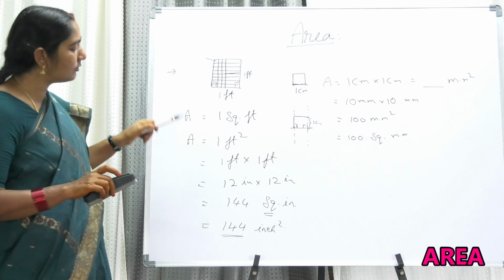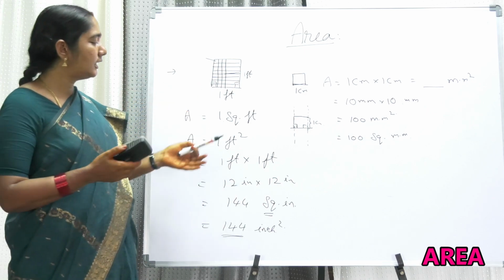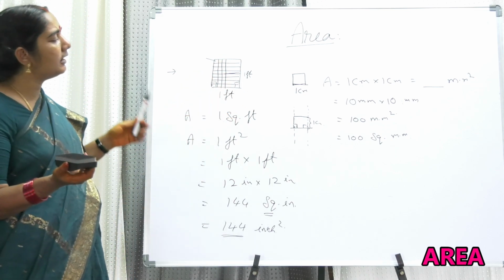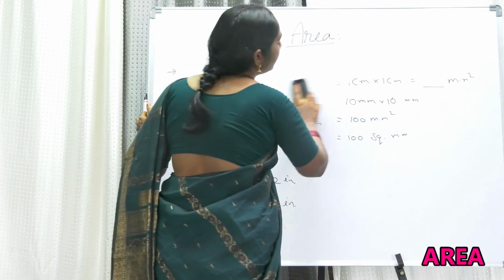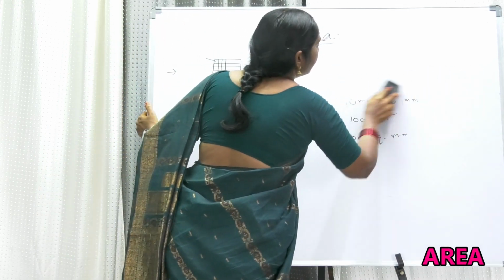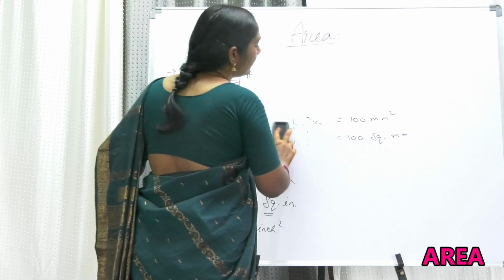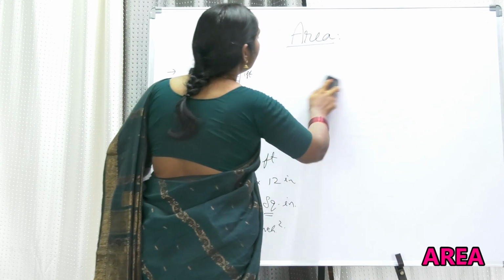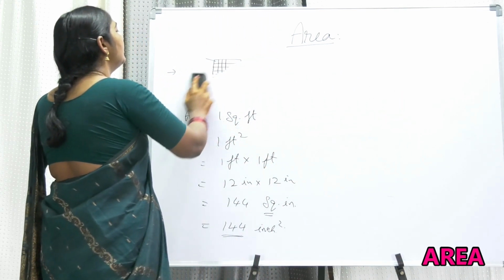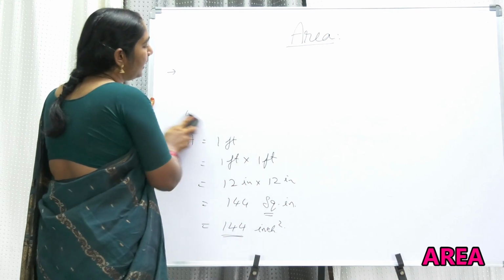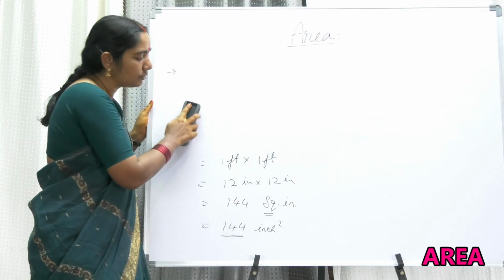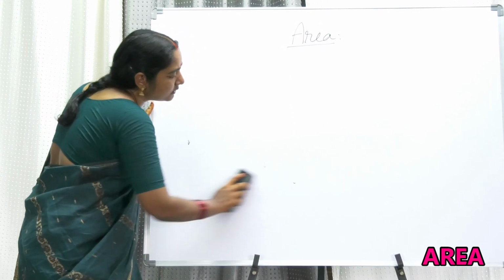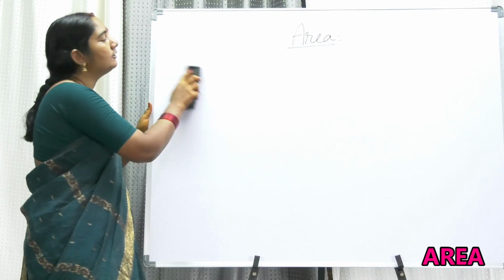So now my dear friends, you are understanding how to change the units from centimeter to millimeter, from feet to inches, from anything. Now you are understanding the meaning of area. So now I am giving a small homework for you. Find out the length of your room where you are staying, find out the breadth of your room, in feet. Do this problem in feet, so you will get the answer in square feet.